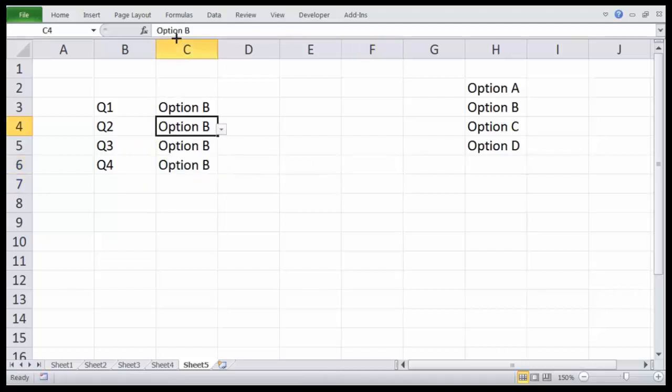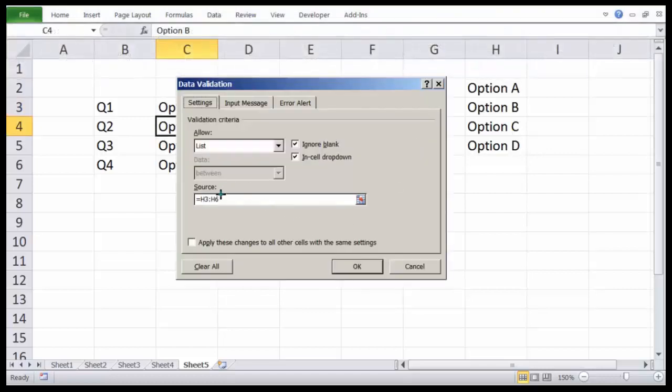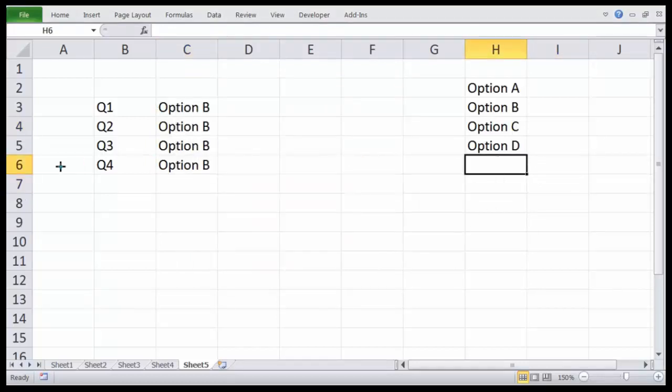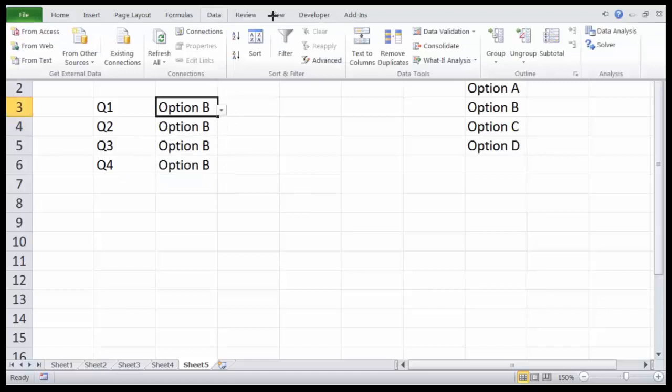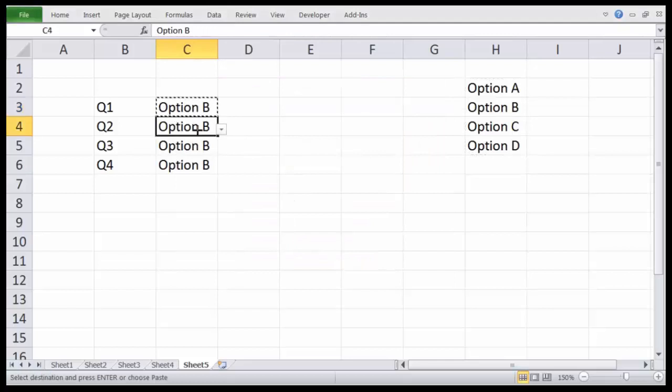See what has happened: when you copy and paste, because you had not used absolute reference, it was a relative reference. So earlier it was H2 to H5, now it will be H3 to H6. But the H6 value is null, so that's why you see that a null item has come. Depending on your use case you can select the values, but I would say that mostly, if you want to copy paste the values, you should use the absolute reference. That is the recommendation.